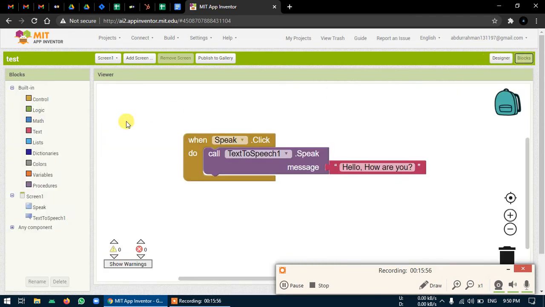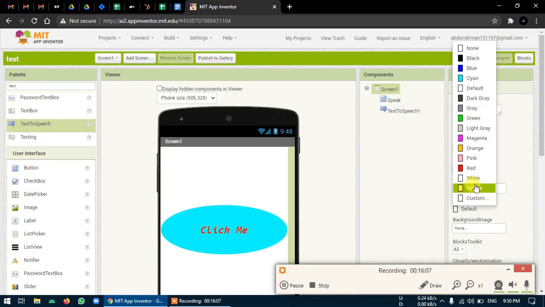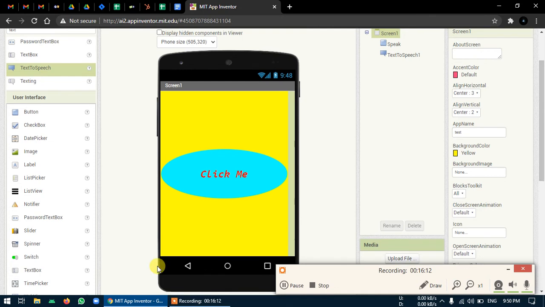You can actually do one more thing. Whenever you click a button, you can change the screen one color. You can do it manually, but it won't be dynamic. If you click on screen one and want to change the background color to yellow, it will be yellow. But you won't be able to change it once the app is running on your phone. So how to make it dynamic? Once the app is running on my phone, if I click on the click me button, it must say hello, how are you, as well as change the background color. And then after some time, if I click another button, it must make it back to white or some other color.